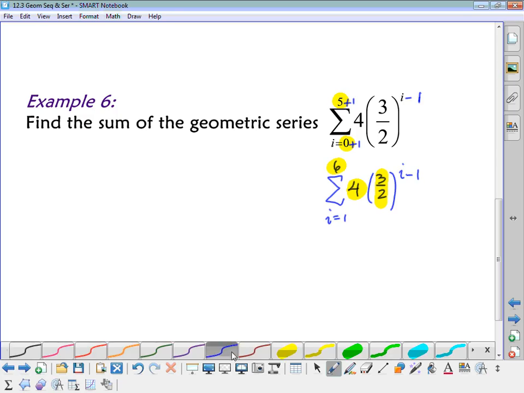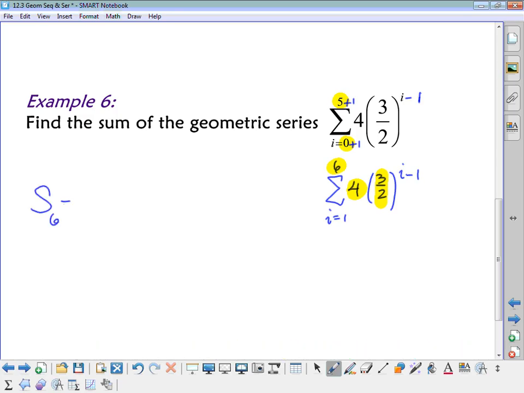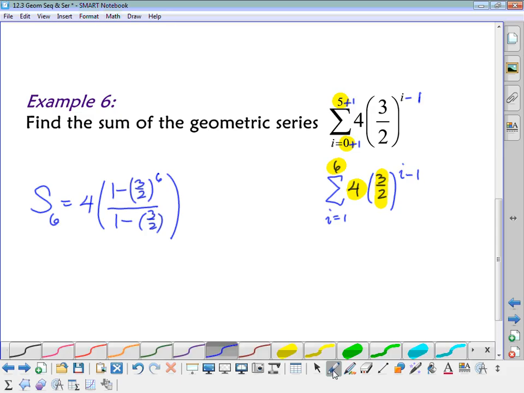Okay? So the sum of those 6 terms will be 4 times 1 minus 3/2 to the 6th power, not the 5th, over 1 minus 3/2. So it's up to you whether you want to convert it or whether you want to just think about it that there are 6 terms, and the first term is going to be 4 either way, but that's up to you. All right, so if I go through and simplify this now,